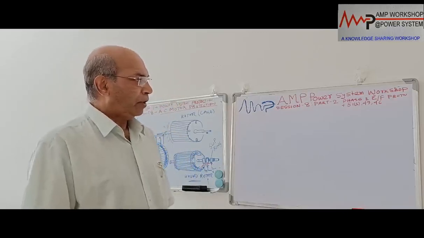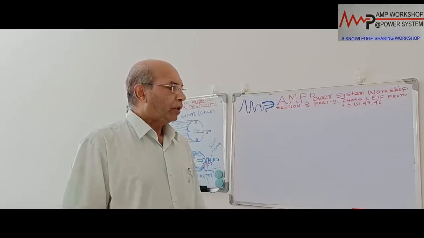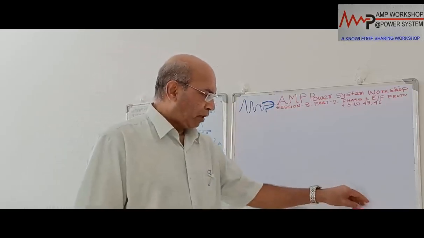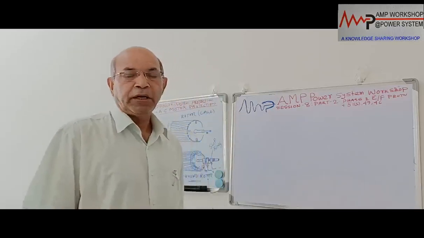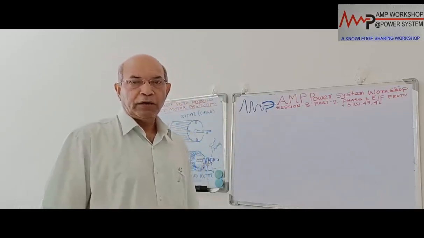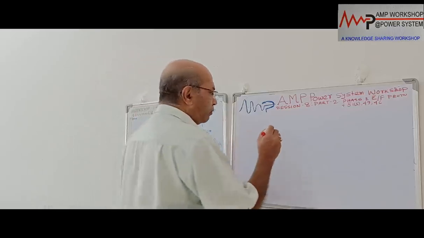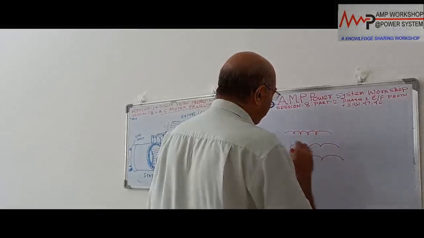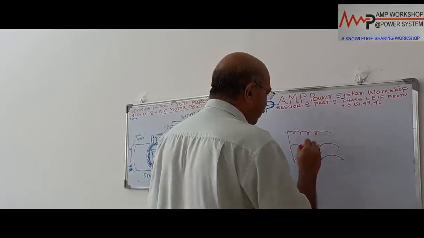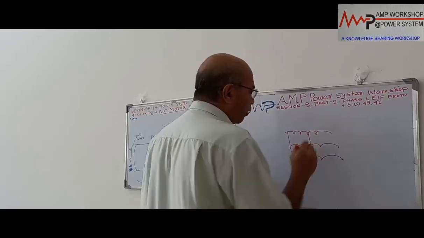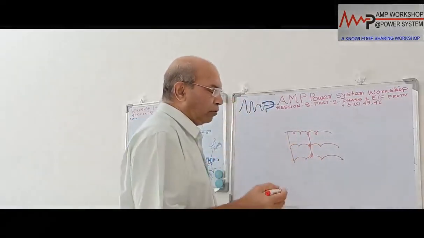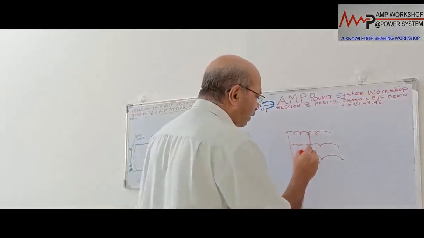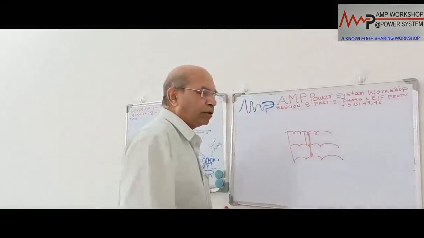Now when we are going for the phase fault protection of AC motors, there are various reasons which can cause the phase fault. Phase fault can be created by shorting inside the winding. Three phase we have already seen. The motor has a three phase winding on the stator, which could be star or delta connected. Normally it is star connected. If there is insulation failure or any other reason, or foreign material going inside, or any water or moisture deposited inside the winding, and these three phases are shorted or two phases are shorted, then it is considered a phase fault.